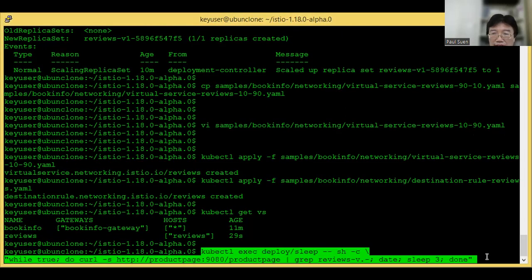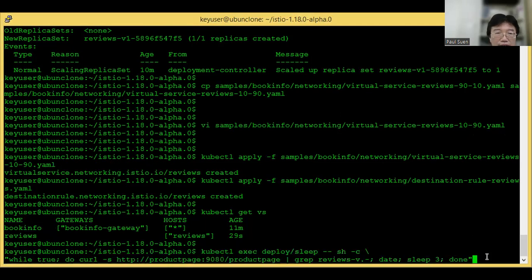Two things we would like to pay attention to: we expect there will be no response from reviews version 3, because in the virtual service we don't assign any request to the version 3 reviews pod.